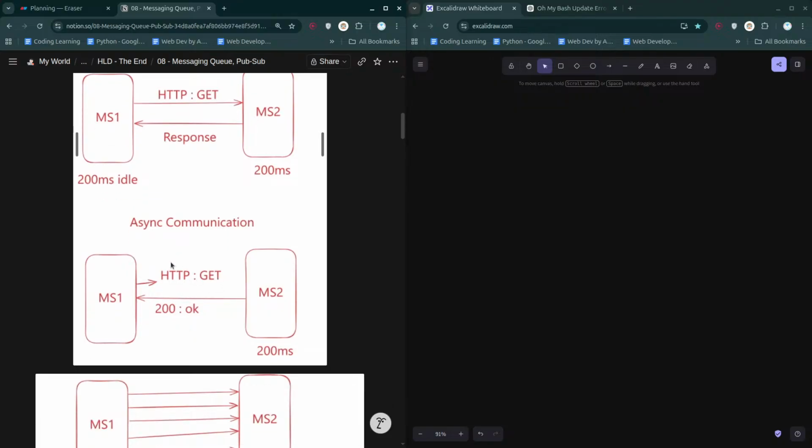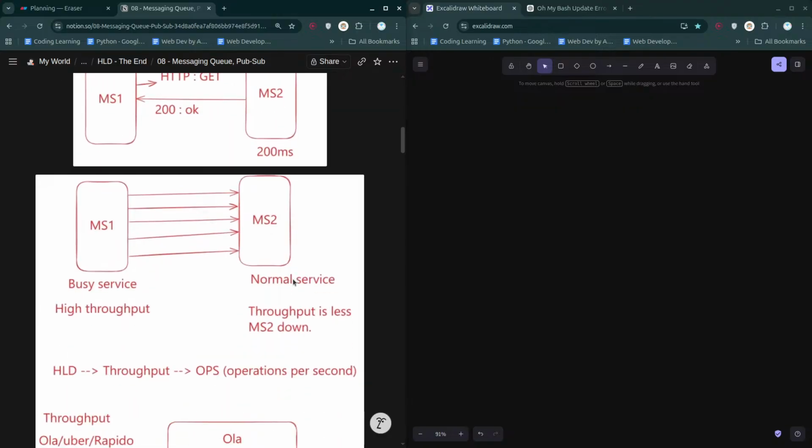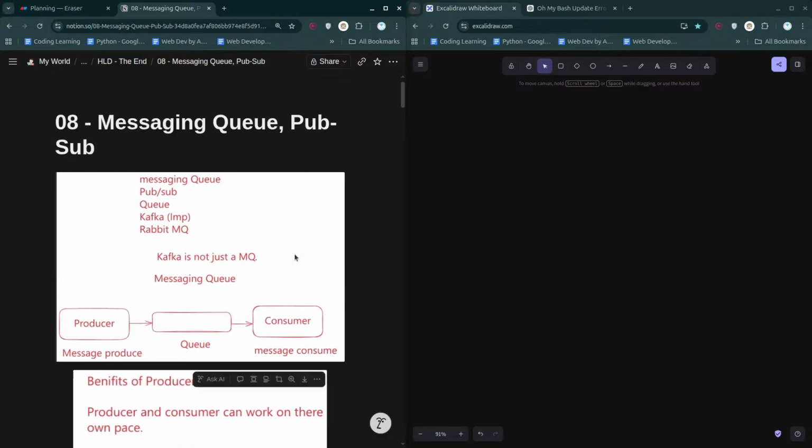And when it comes to async communication, Kafka is going to be used over there. As Kafka is used, there's going to be a publisher and a subscriber, ultimately workers. The publisher will push the request in a queue, and workers or subscribers will pull them one by one and resolve them, getting the job done, whatever is supposed to be done. So this is what this particular diagram represents, and we have gone through that.